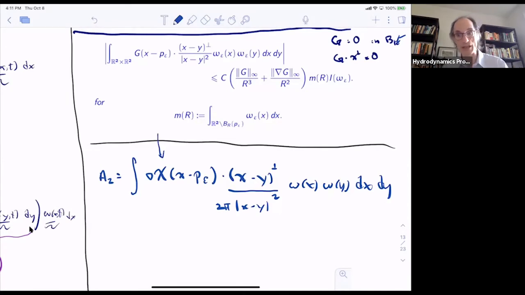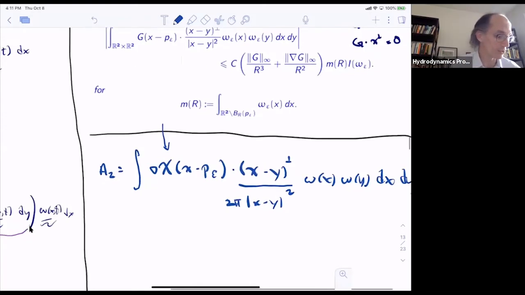We're going to evaluate G at x minus p, so this G vanishes in the ball of radius r around the center of vorticity. And G is a purely radial vector field, which is clearly the case here because we chose our chi to be a radial function, and so the gradient of chi points outward. Okay, and so then we can just immediately appeal to the above lemma